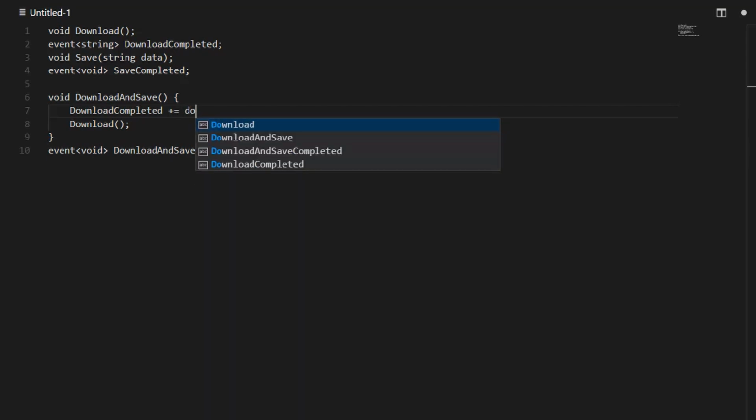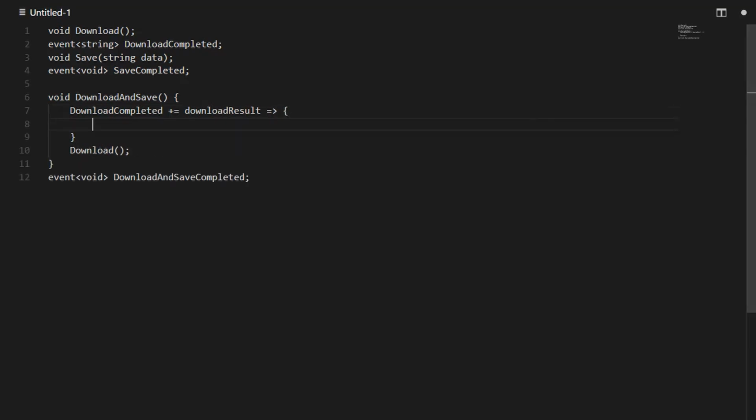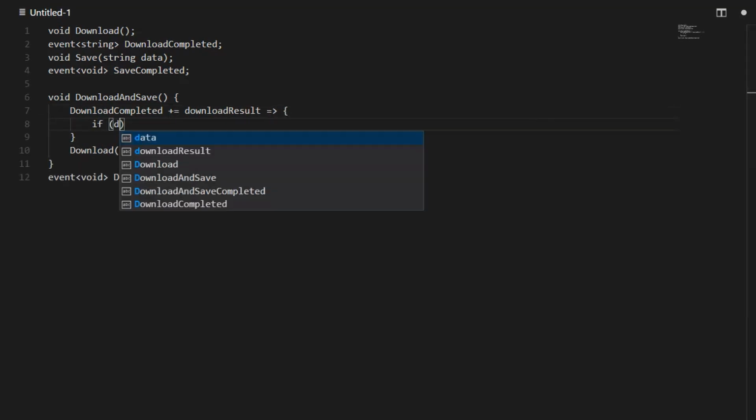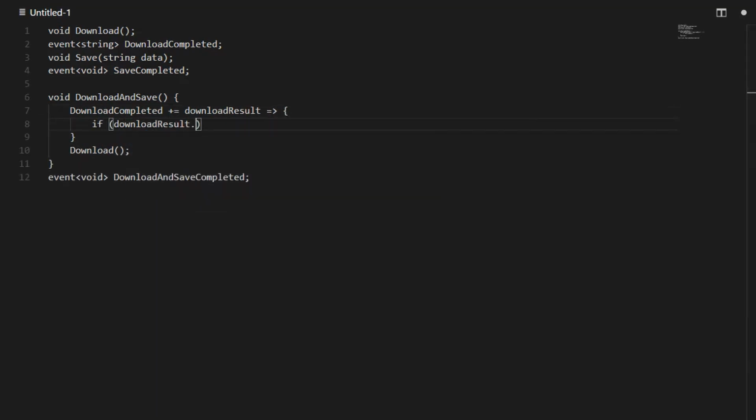So I'm just going to make up what this looks like here. We're going to call this download result. And I'm going to say that this can have an error. So I'm going to say if download result has an error,